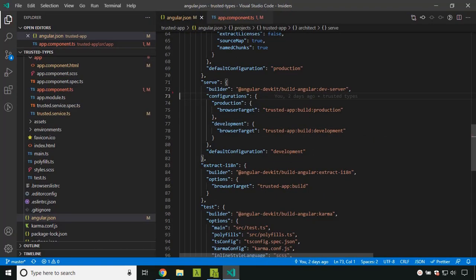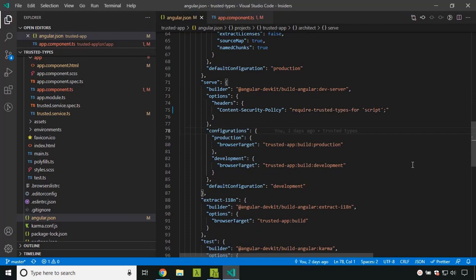In order to find all the XSS sinks in our application, there is an option called Content Security Policy. This is basically an HTTP header which we can add in our application. So inside our ng serve, I am adding this header. Inside the options, I am giving Content-Security-Policy, and inside that the directive is require-trusted-types-for 'script'.